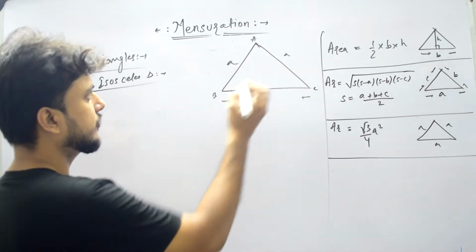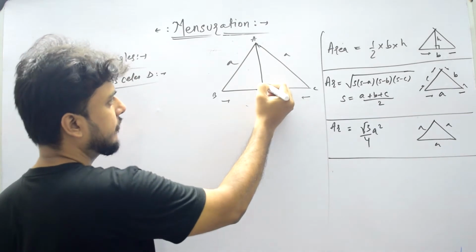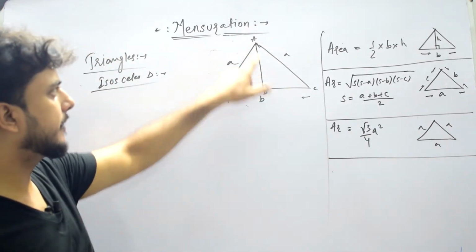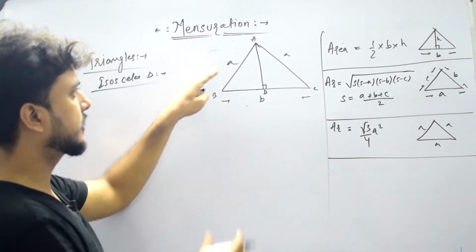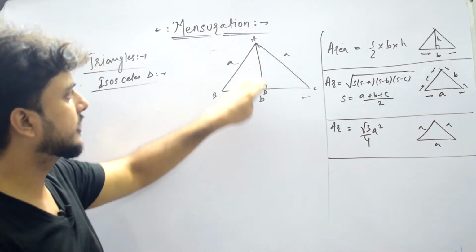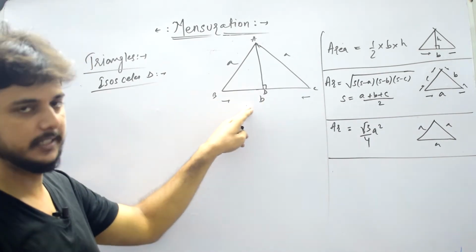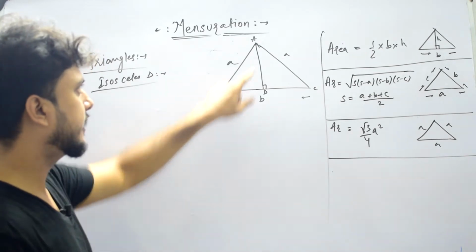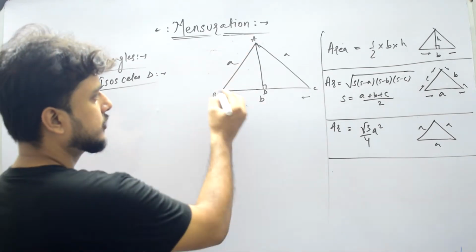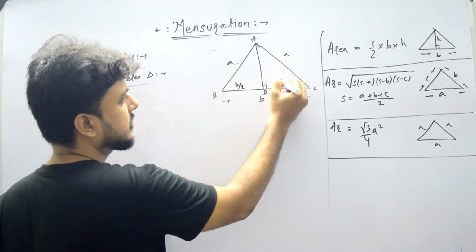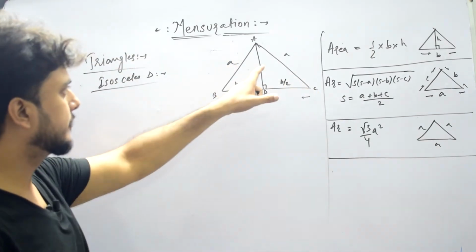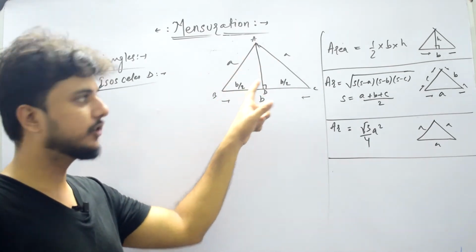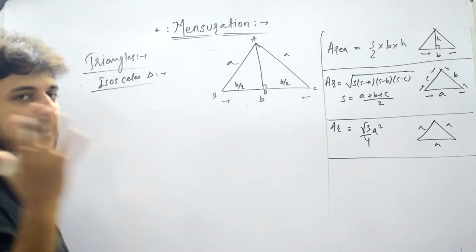So what will be the area? Now let us find out. First of all, we will draw the perpendicular from A. Now name this point as D. Again, this perpendicular is drawn from the vertex which contains equal sides. So this perpendicular will bisect BC. That we can also prove by congruency, but that proof is not required; you just have to know that this perpendicular will divide this side. So this will become B by 2, and this is also B by 2. Now similarly, just like in the equilateral triangle, we calculated the length of AD by Pythagoras theorem, here also we will calculate the length of AD by Pythagoras theorem.